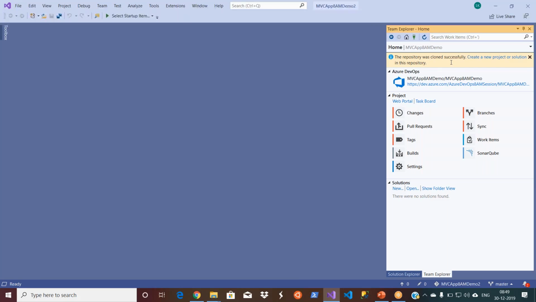8 AM demo 2. But actually our project is reset at 8 AM demo. That's why it is saying the repository was cloned successfully. Create a new project or solution in this repository. Let's go to our